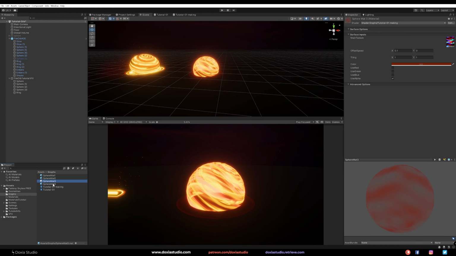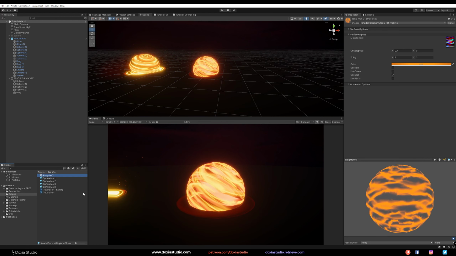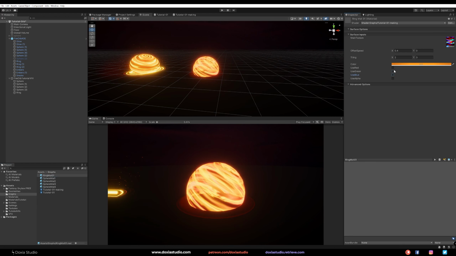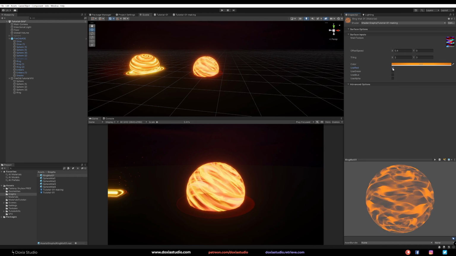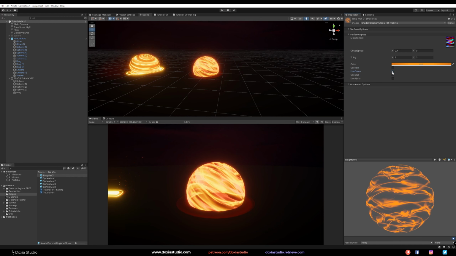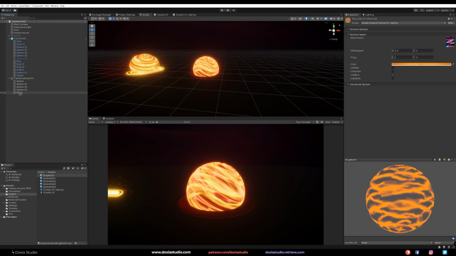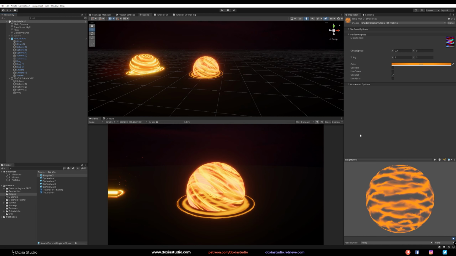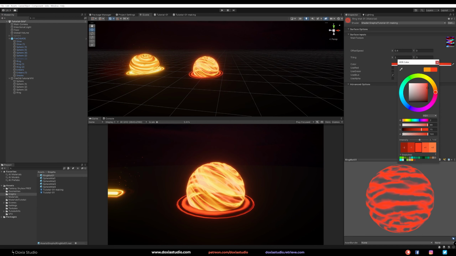Now let's go and create a material. Let's call it ring mat 01. And this one, maybe I want to use, which one do I want to use? Maybe this is cool. Let me grab this here. To the ring, I want a reddish color.